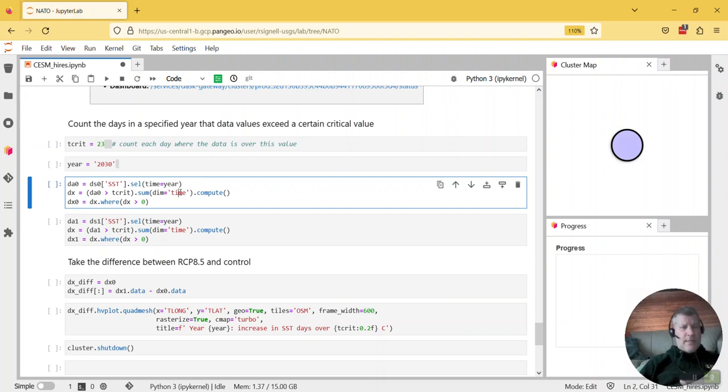And then this next line is basically saying, you take this array that is all the values for the year, and we're just going to find all the values that are greater than this t-crit. And then we're just going to sum them up over the dimension of time. And this dot compute on the end says, actually compute those values. Don't just show me the array that would result if the computation was done. That's sort of the way Dask works. It's like a delayed computation, and you need to put a dot compute or a dot load on to actually have it do the